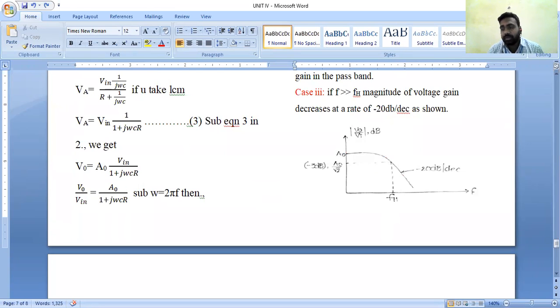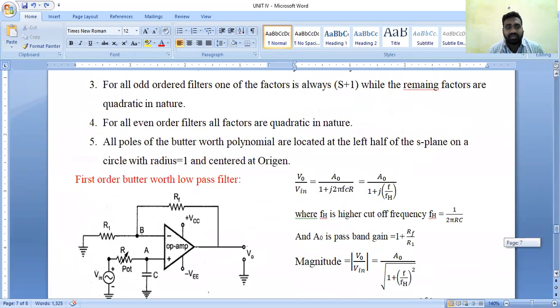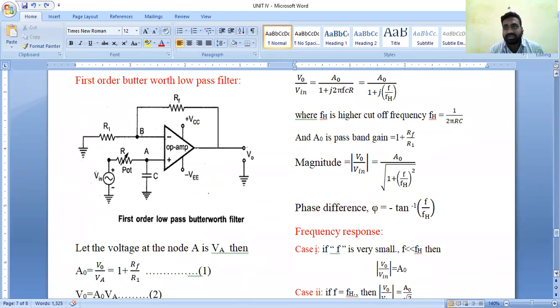we discussed the first order Butterworth low pass filter. We analyzed the design of the non-inverting type operational amplifier. The usage of a single RC pole pair makes the filter a first order filter. If we use an additional RC pole pair, that makes it a second order filter by design. Next we discussed the transfer function,